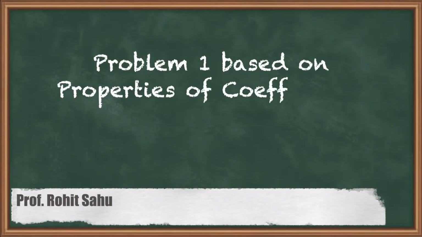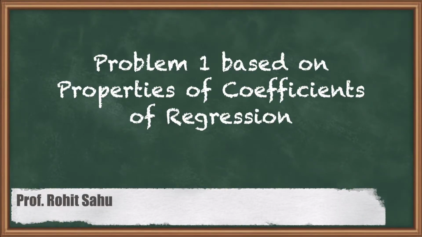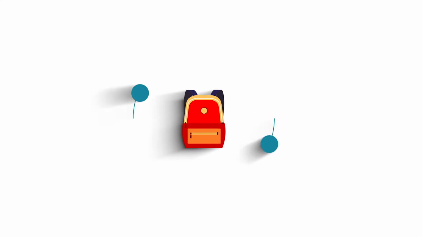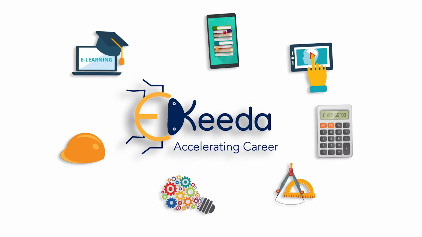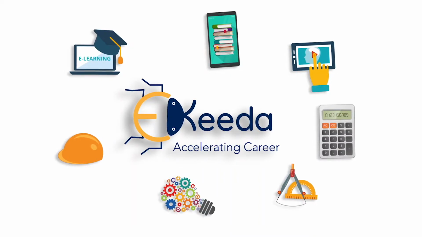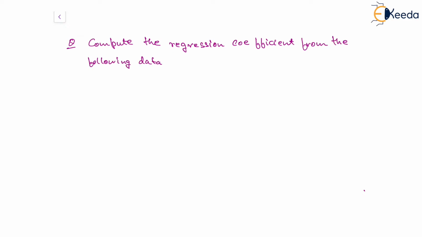Hello, in this session we'll see a problem based on the property of coefficient of regression. So it says, compute the regression coefficient from the following data on the variables x and y